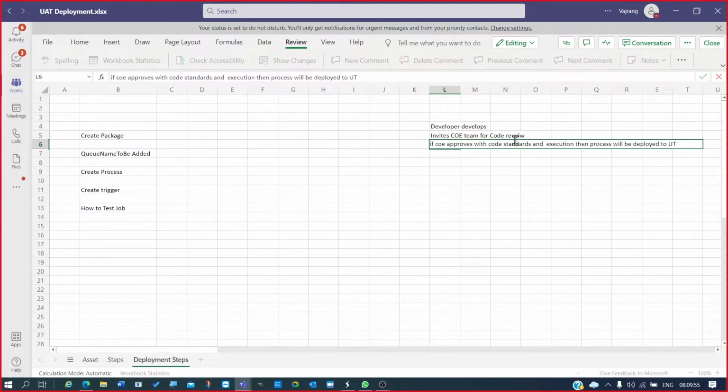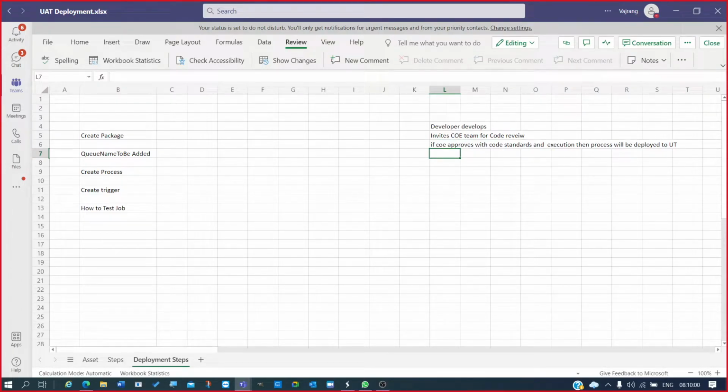UT in the sense user testing or QA environment. Is it UAT also? Yes, we can call it UAT also. Correct. And after the deployment is completed,